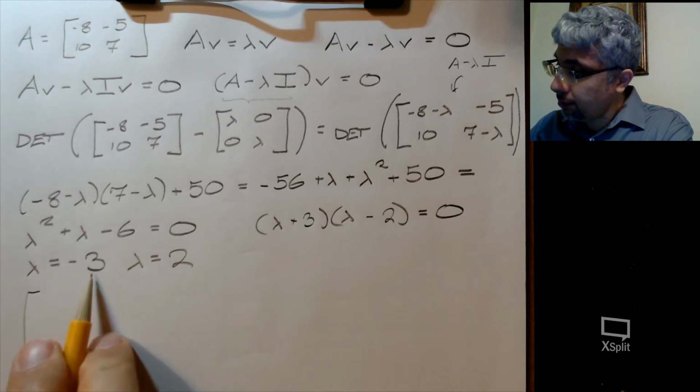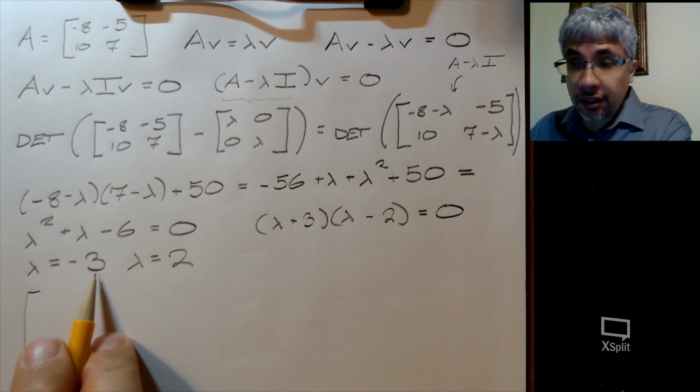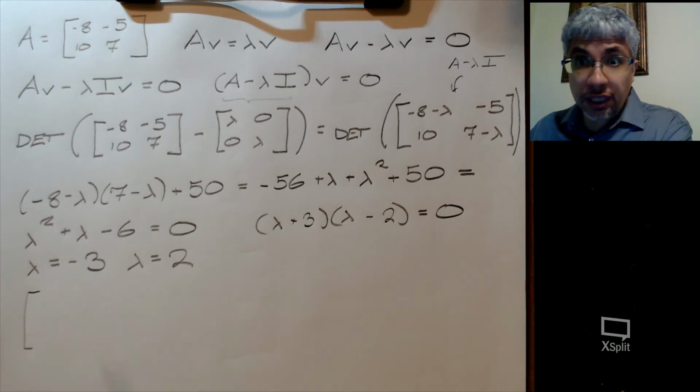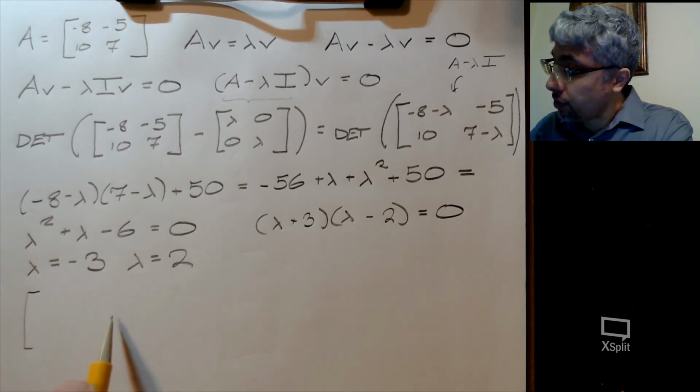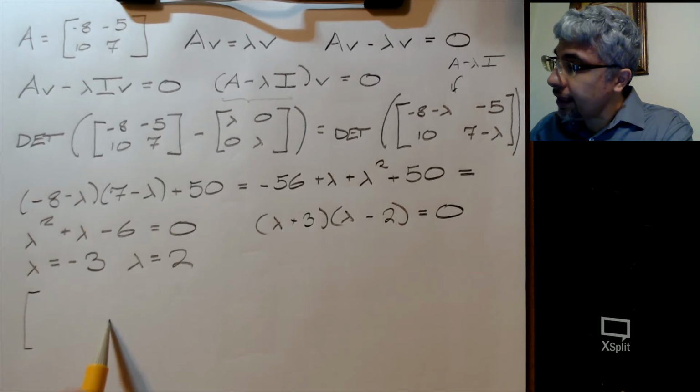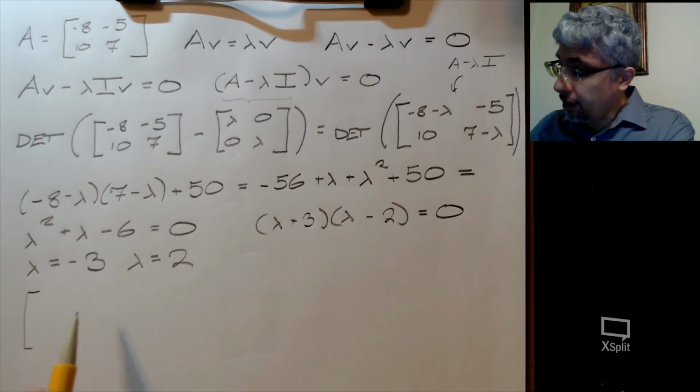So let's try minus 3 first. We'll call that the first eigenvalue. It doesn't matter which we make the first and which we make the second, as long as we keep in mind which eigenvector goes with which one. So I'll get minus 8 minus minus 3. So that's